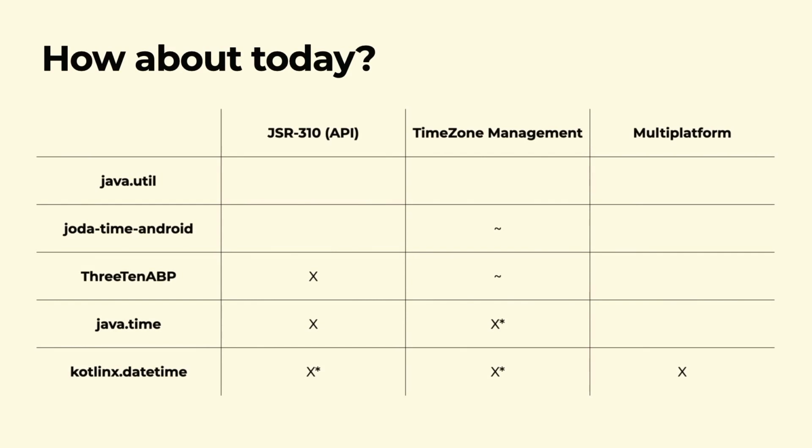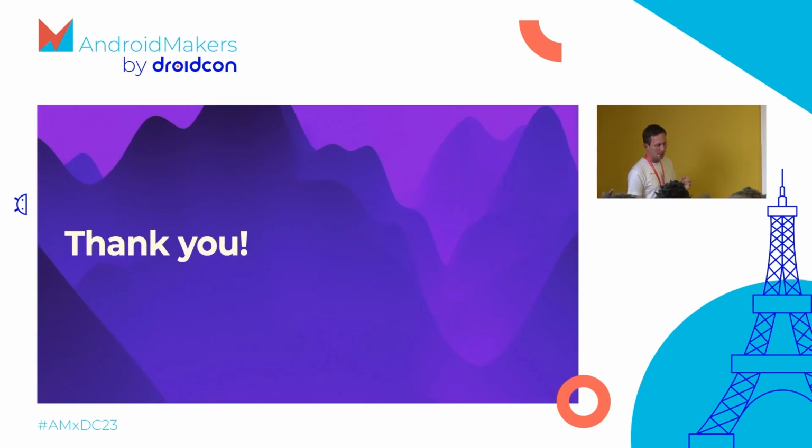If your phone is wrong, then you're doomed. Ask yourself, what are the requirements for my app? Am I building a calendar app and do I have to have a strong usage of time zone or not? What will be my minimum SDK? Should I prefer something lightweight and future-proof and maybe go to multi-platform? It's up to you. Thank you for